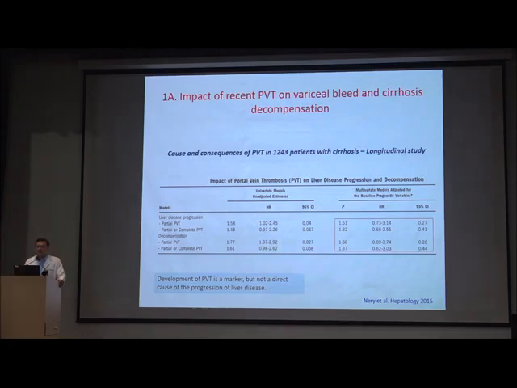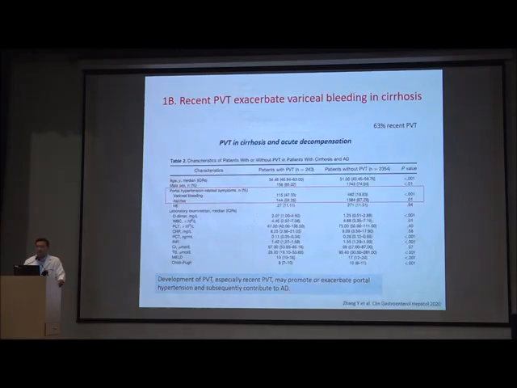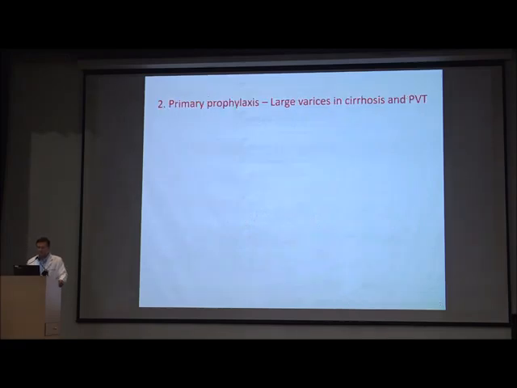This is a large longitudinal study which mainly studied patients with compensated cirrhosis and portal vein thrombosis, and it has shown that the development of PVT is not associated with the risk of progression of liver disease, including no major increase in the risk of variceal bleeding. However, a more recent study in patients with cirrhosis and acute recent PVT showed that those patients who had PVT had a higher risk of portal hypertension-related complications, including variceal bleeding and ascites. They postulated that the higher complication rate is most likely due to exacerbation of the portal hypertension, leading to acute decompensation in these patients.